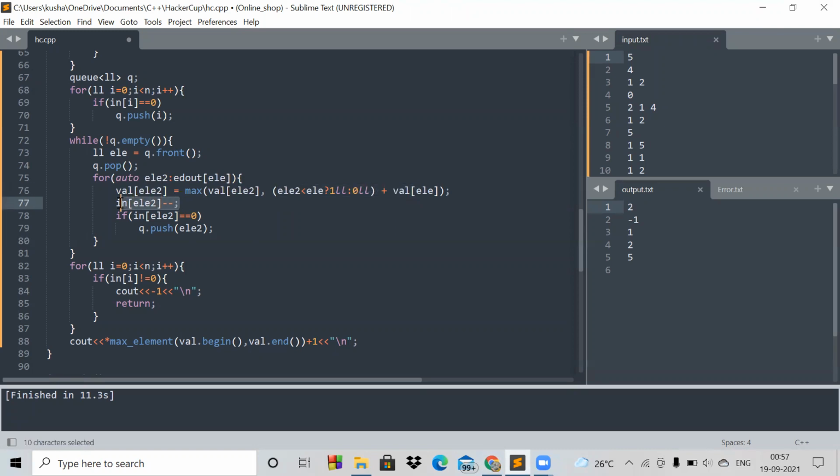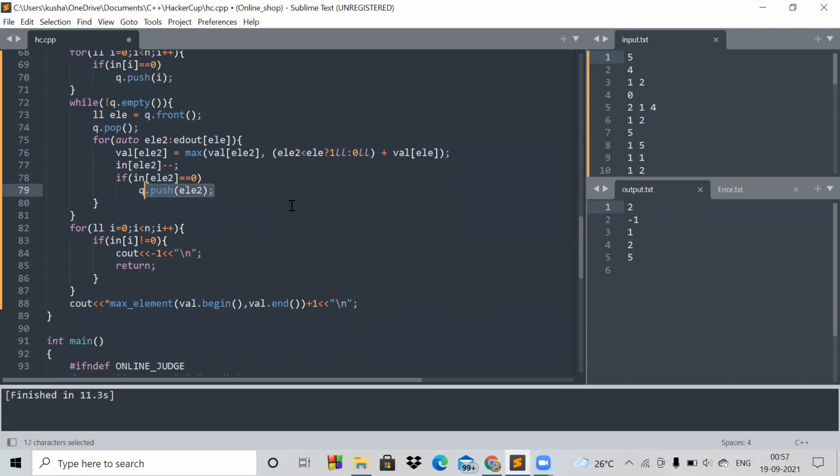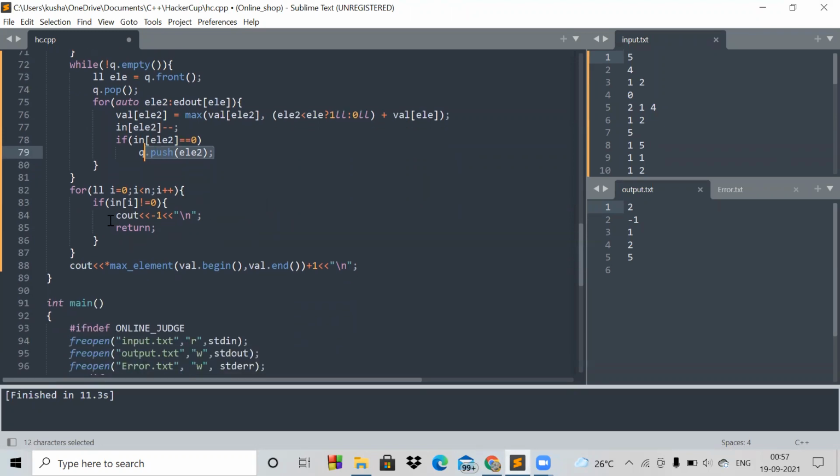And I have decremented the in degree, and if the in degree becomes 0, that node will be pushed in the queue. If you don't know much about topological sort, I will give a link in the description. You can read it from there.